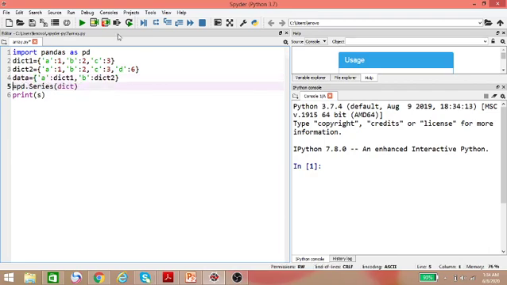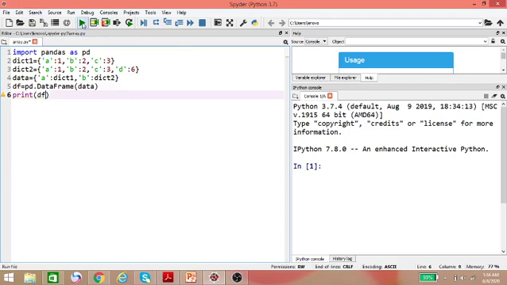Now I am creating a DataFrame object df. df is equal to pd.DataFrame, with capital D and capital F, and in this function I am providing the data dictionary. Here I am printing the df DataFrame.